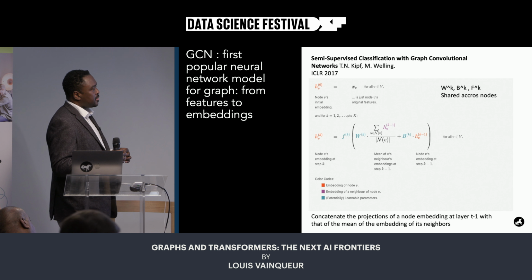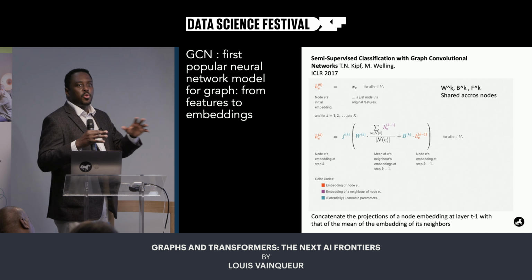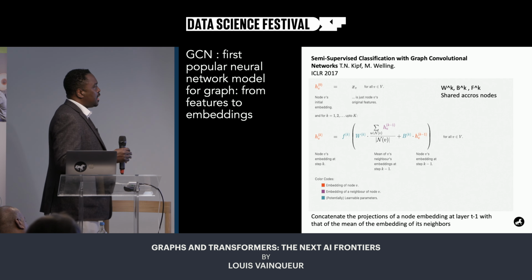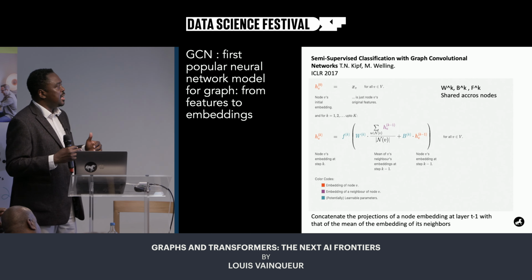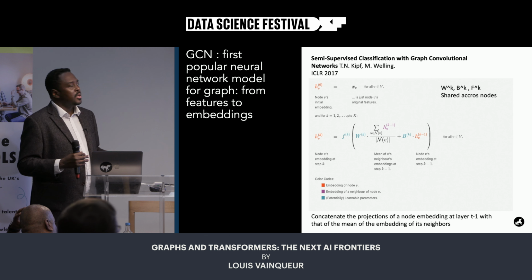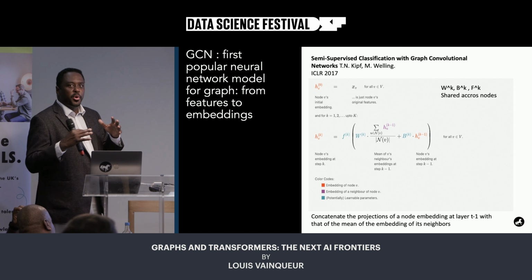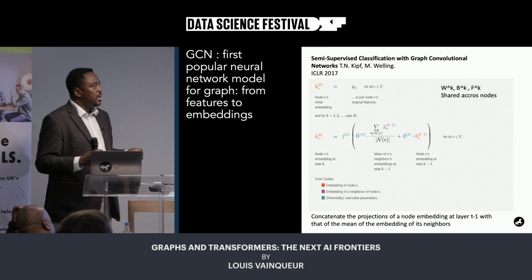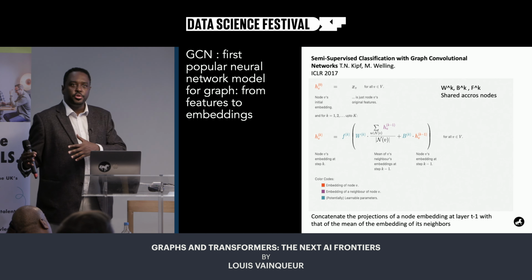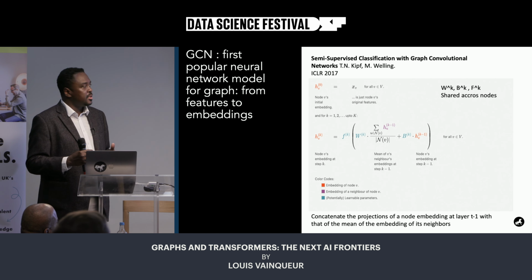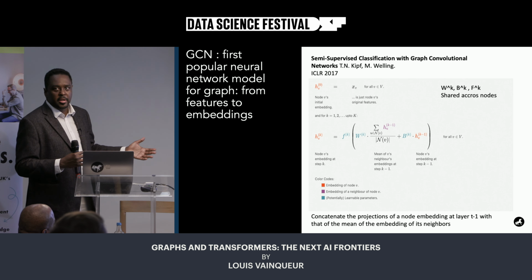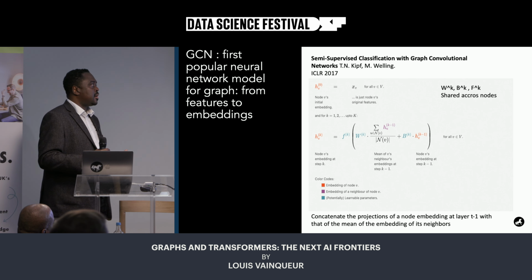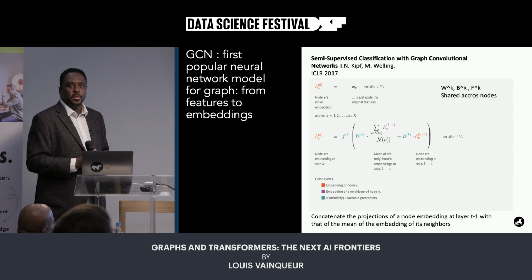Semi-supervised classification with graph convolutional networks by Kipf and Welling was a paper that made a big impact in the community. There is a lot of math that I won't explain right now. But what was happening at a lower level is that they found a way to do operations on the nodes that are similar to convolution-type operations, and that preserve the equivariant and invariant conditions that we talked about before.